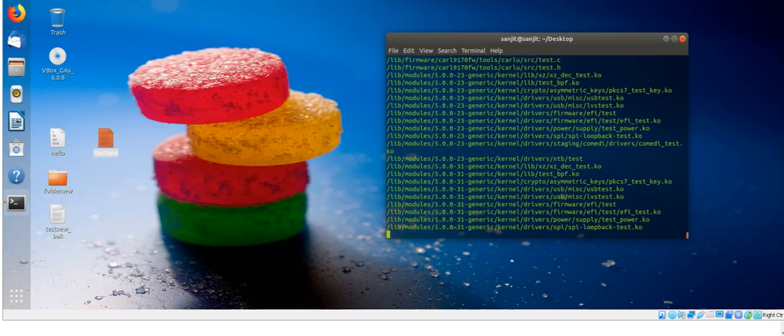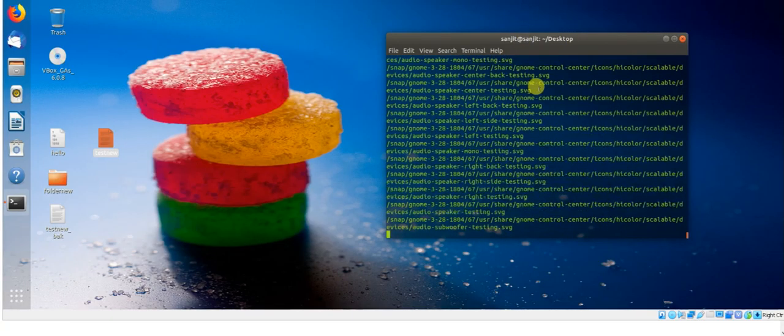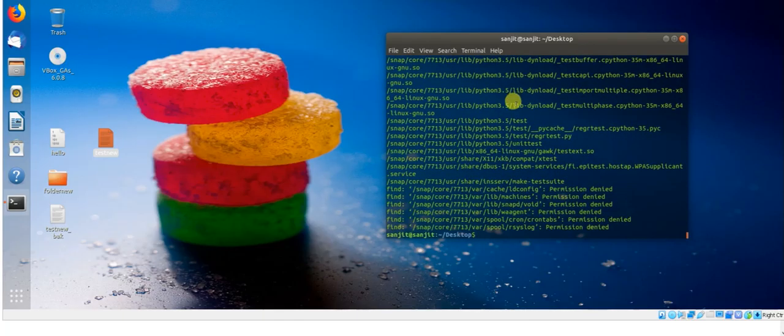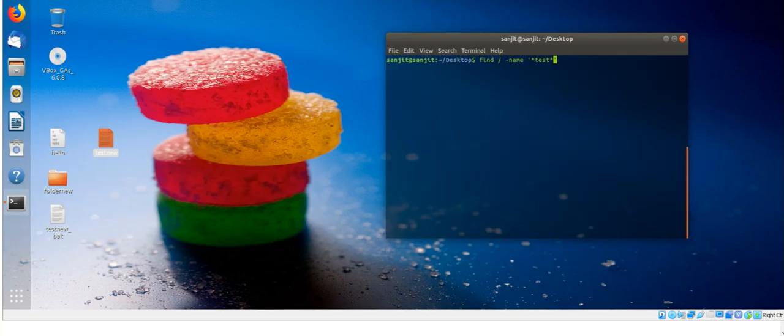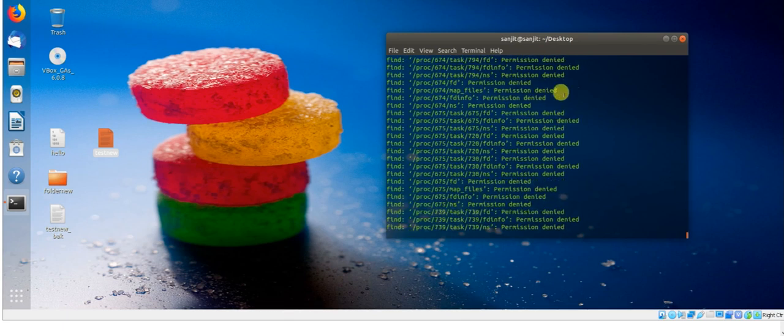So you can see, here all these places you will find a file which has test as a keyword. So it found some files, let's say here is a test in the middle, test in the middle. Let me change my search criteria. What I will do now is make test the first keyword. If I hit enter,